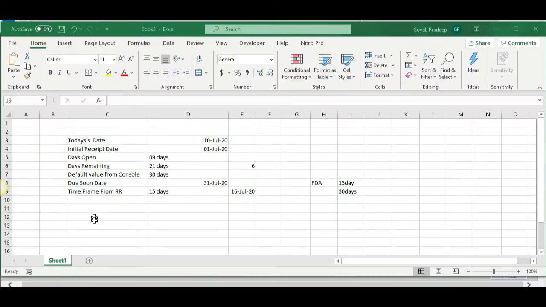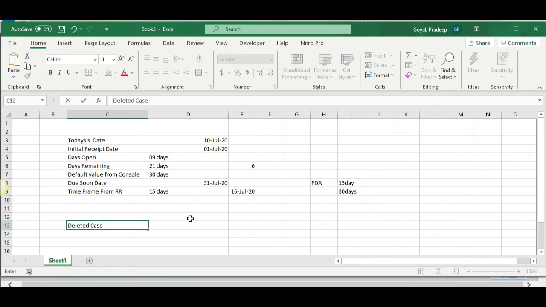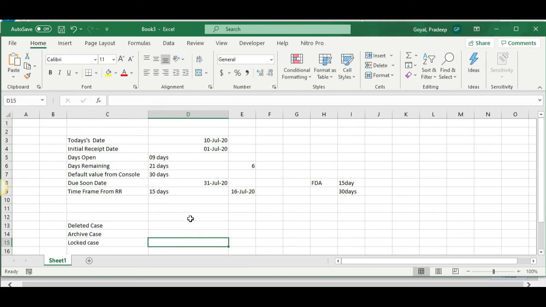So let me tell you which cases it will ignore. This scheduling service will ignore deleted cases, archive cases, and the cases which are locked. All these cases will be ignored.